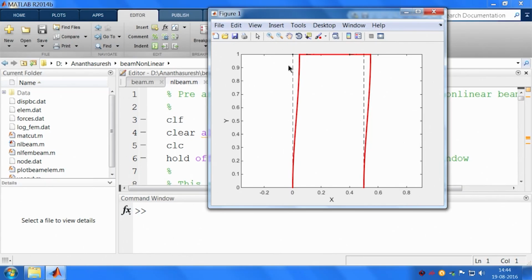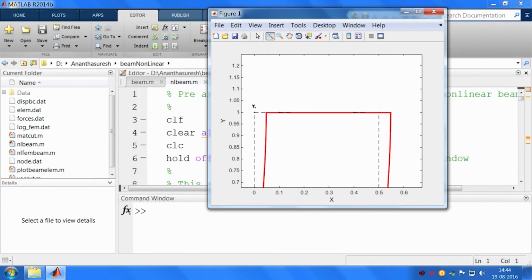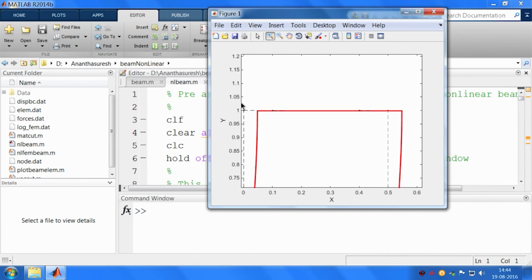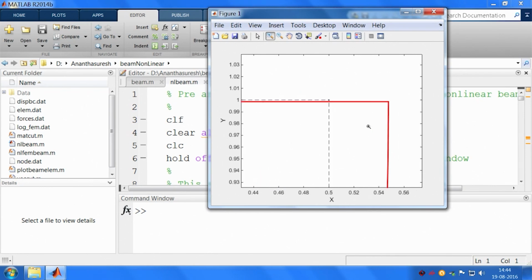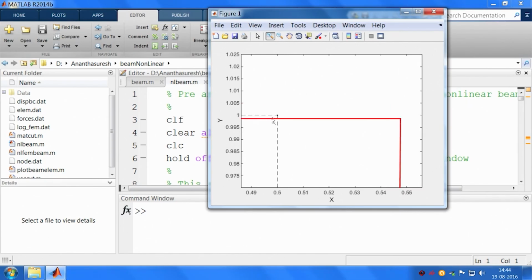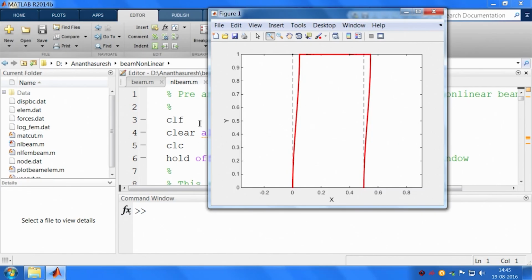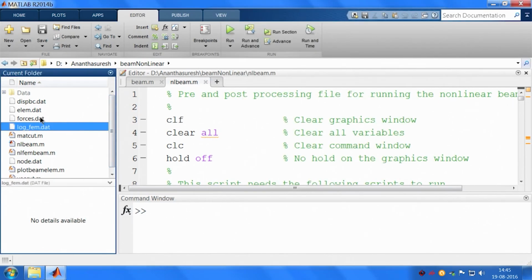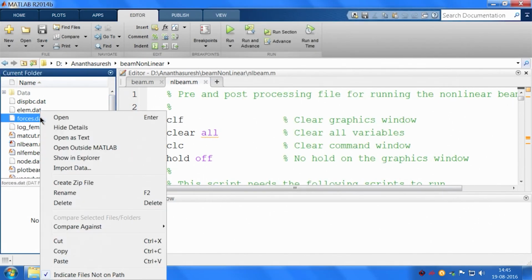So, let us actually zoom in over here to see if there is any deflection in the downward direction. And you would see if I do more zoom in, there is indeed downward deflection also here because it is a nonlinear code, right. If I increase the force value, which we can, let us go to this force, open as text,